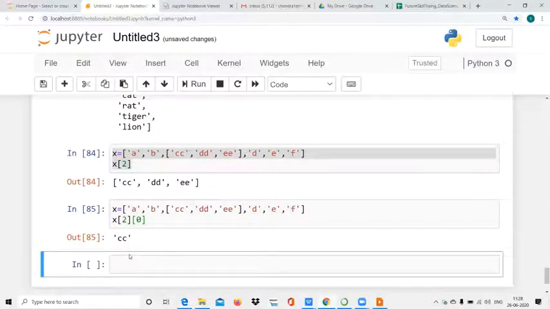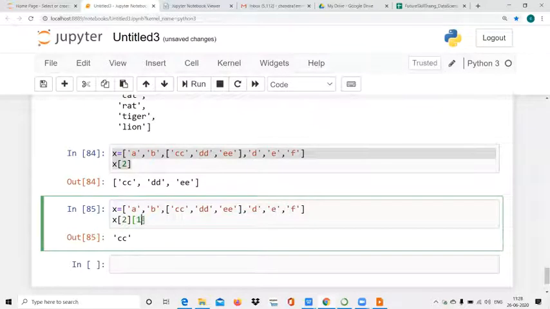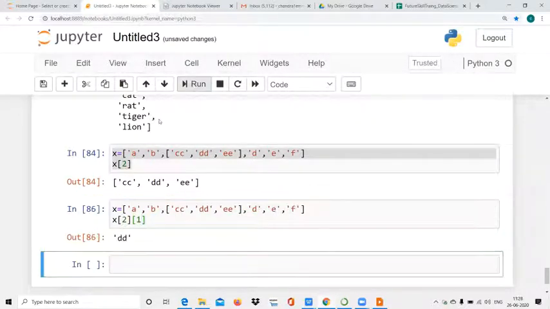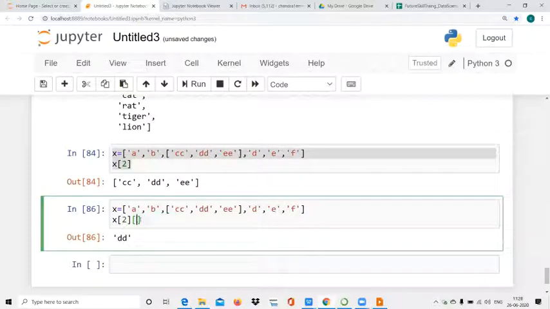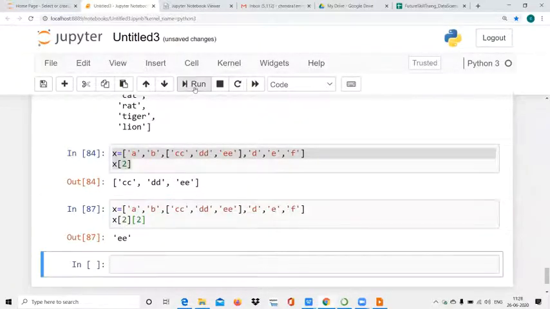Go to that place, from there one more dimension is created, and it will give the next element. Similarly x[0][1], x[2][1], next element x[2][2], right? Let's check once more.